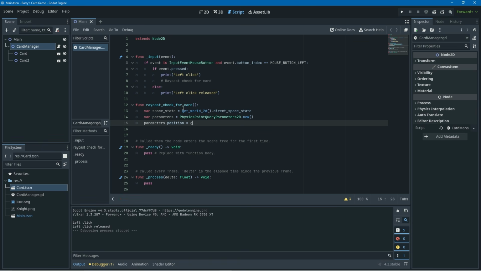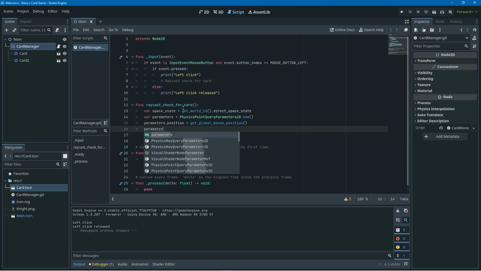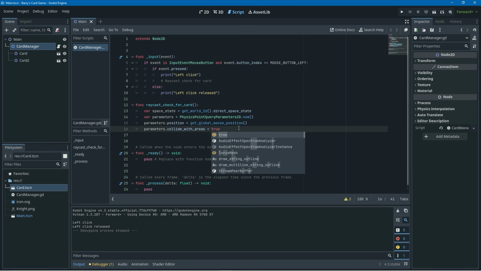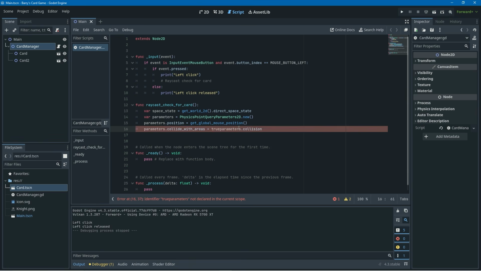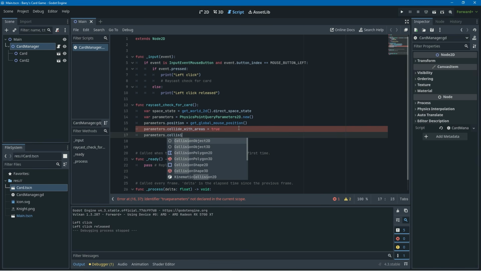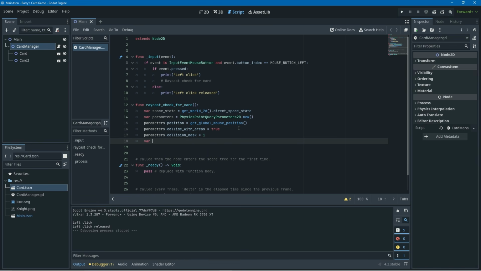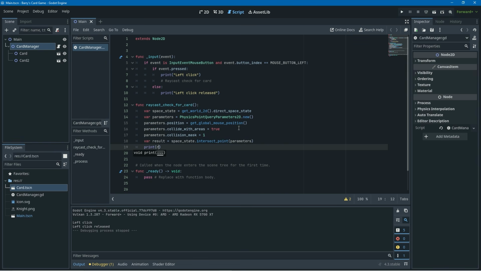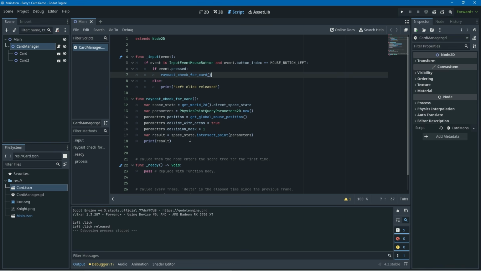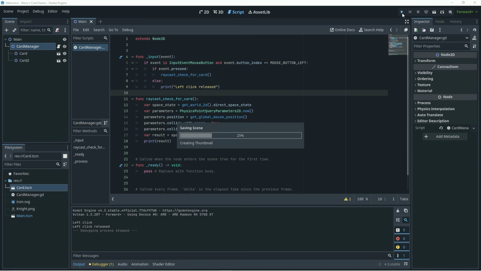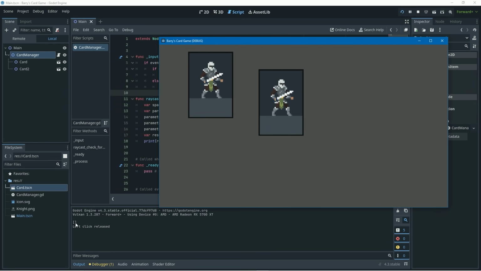Basically here the important thing is these parameters that we're creating. We're going to set the parameter of the position to our mouse position, so get_global_mouse_position. And we're going to make sure that collide_with_areas equals true, because our card collision is an Area2D, and we're going to set our collision mask to 1, and then we can just save this as a variable called result, and we can print that variable. And now we actually have to call this function to get all this code to run. So if we call it up where we have if event.pressed, then when you get a left click, it'll run all this code. So if we run it here and test it,